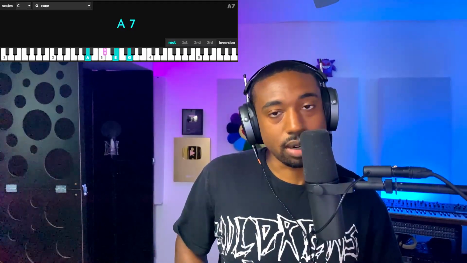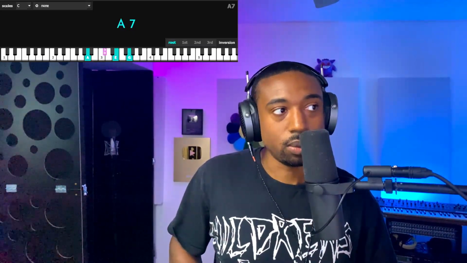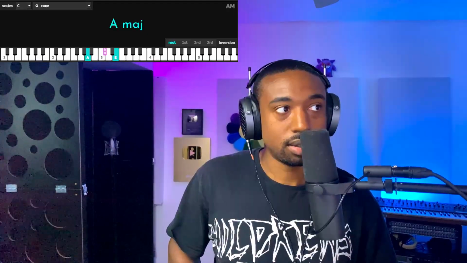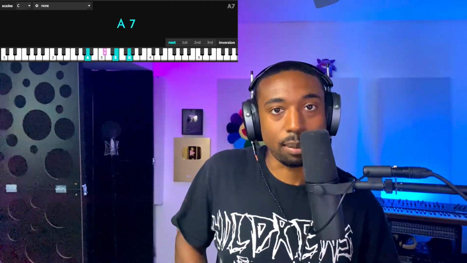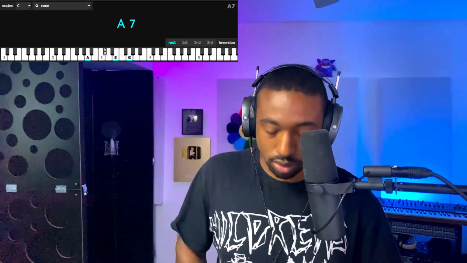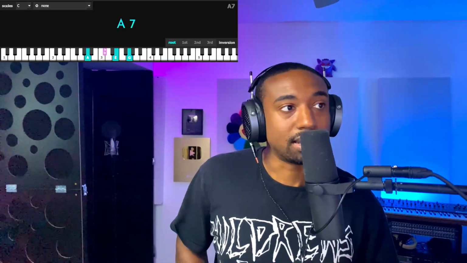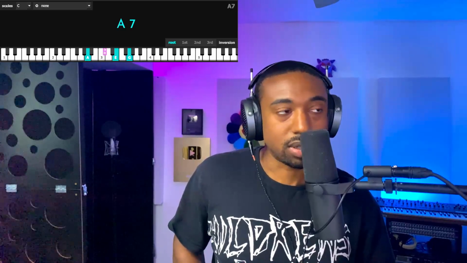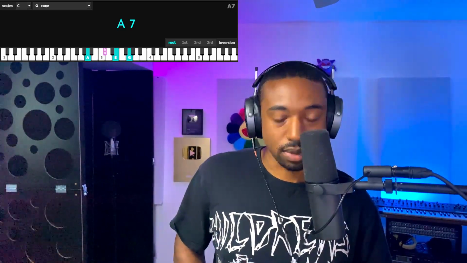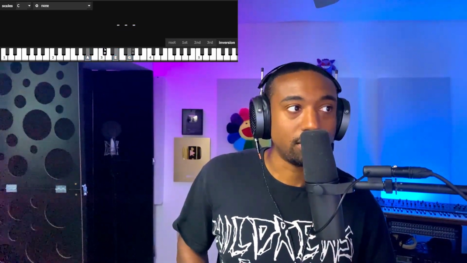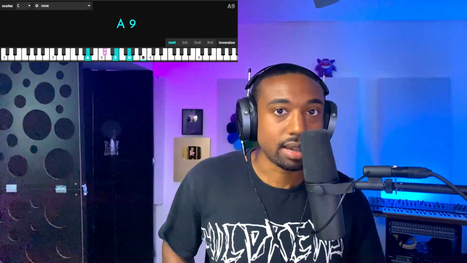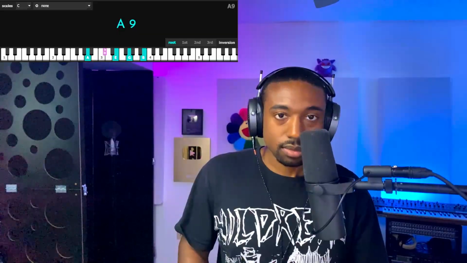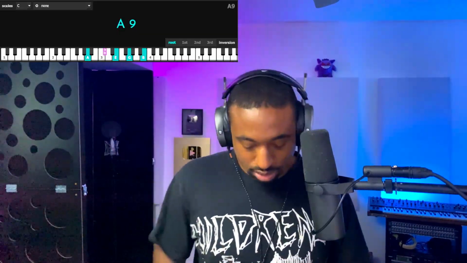So basically we've created a dominant 7th chord at this point, which is both a major triad and a minor 7th on top. That's what creates the dominant sound. It's both a major and a minor chord. And then to make this a dominant ninth, we have to go up to the ninth, which is 7 semitones away from the 5th. So let's keep counting. This is 10, 11, 12, 13, 14. This is the technical dominant ninth chord, but it sounds very bland to me.